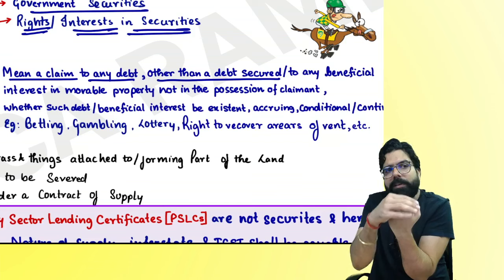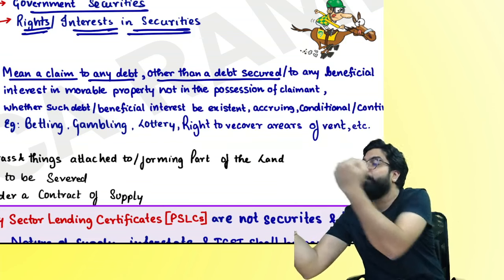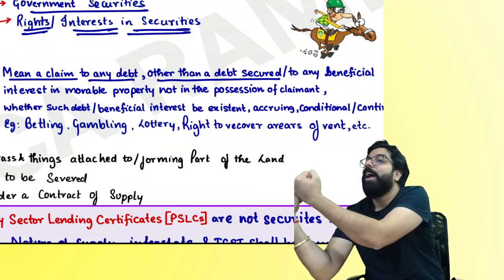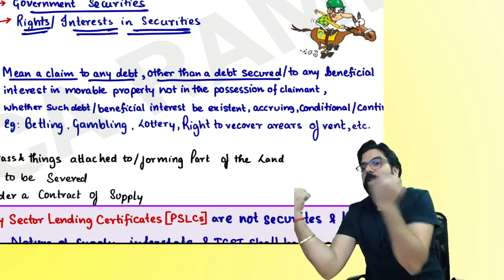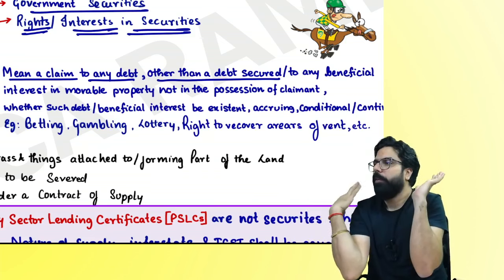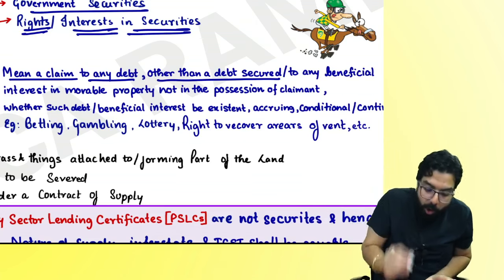If I go ahead and give this right to someone else, I am giving him what? Actionable claim. Actionable claims are goods. So I am giving him goods. Are we clear? Next, it says, or